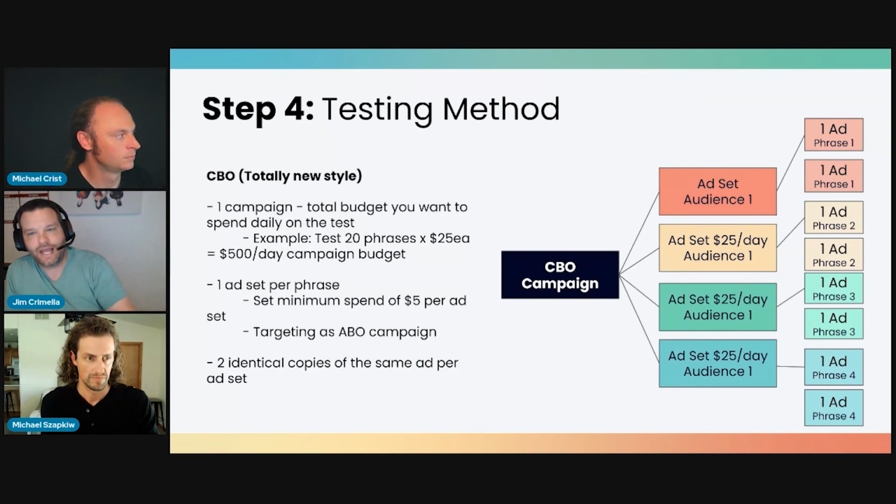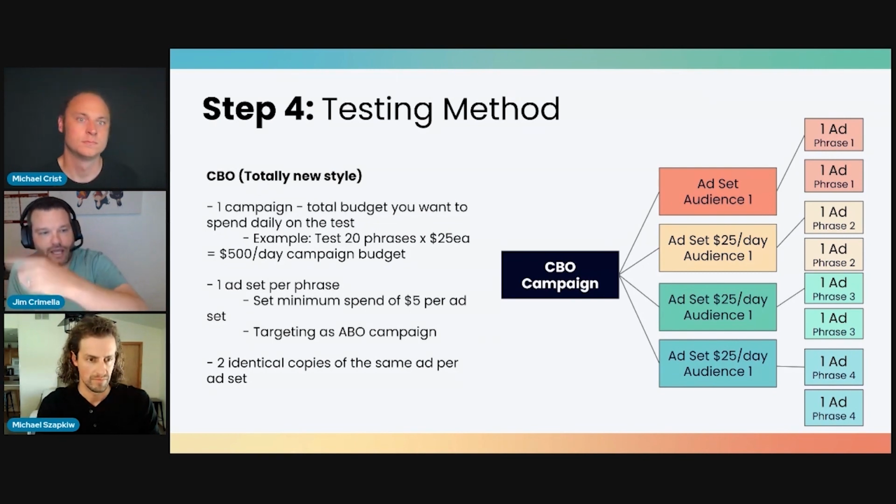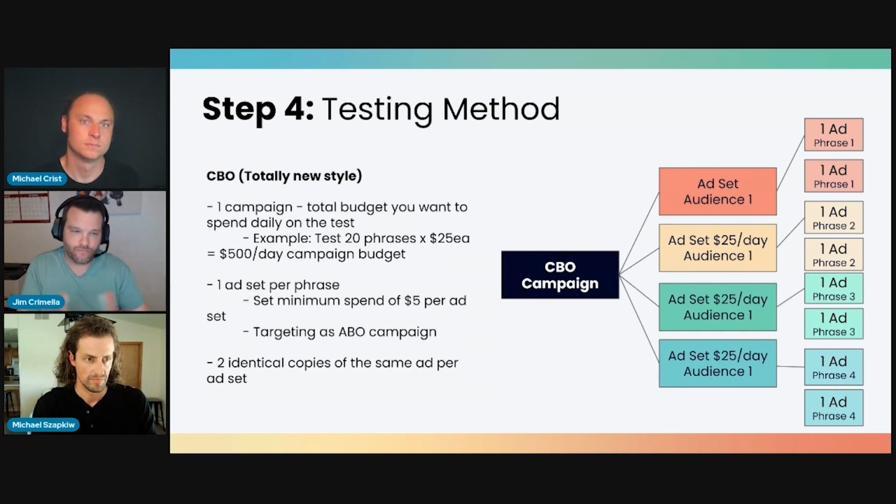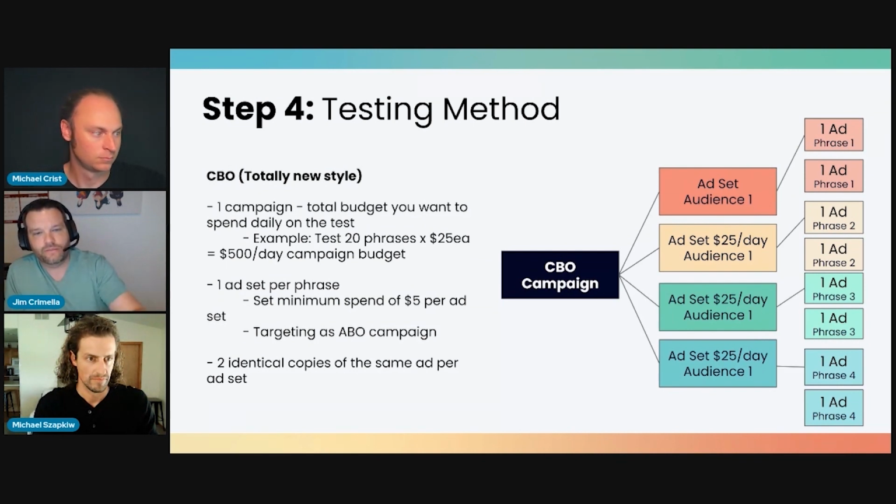And then each ad set has a duplication of the ad. So it's the exact same ad, just duplicated one time. This method is a little bit more advanced for brand new people. Totally agree with that. In the ad set, there's a setting on a CBO campaign. If you're editing at the ad set level, you can set a minimum amount of spend that you want. And with this budgeting, I would set it at $5 per ad set. Now, that forces Facebook to spend at least $5 a day at each ad set level, and then it can choose.